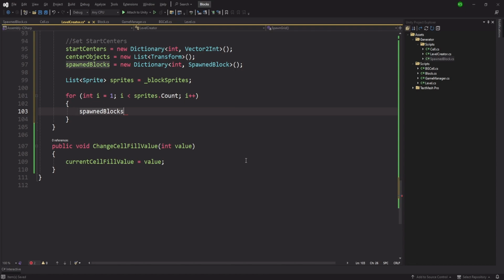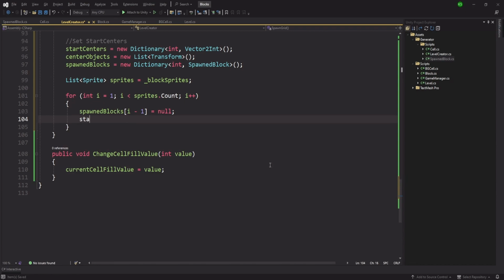So spawnBlocks of i minus 1 is going to be equal to null, and startCenters of i minus 1 is going to be equal to 0,